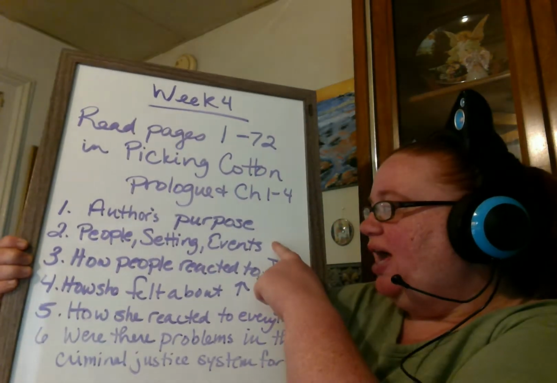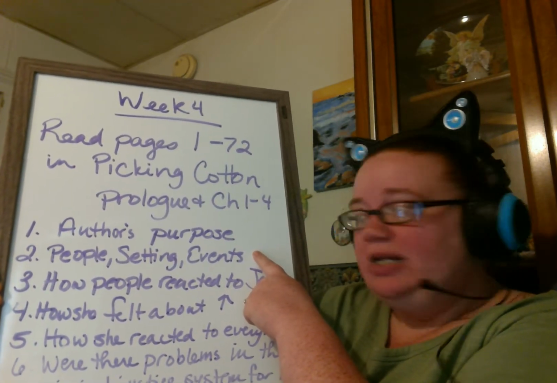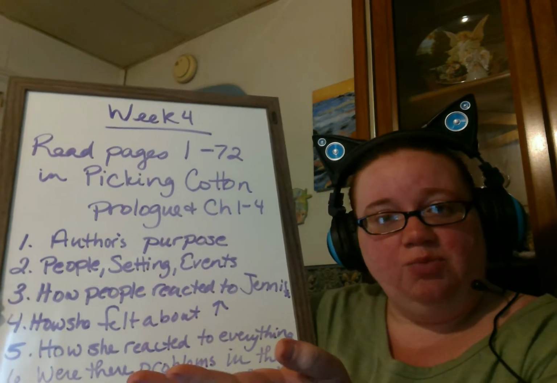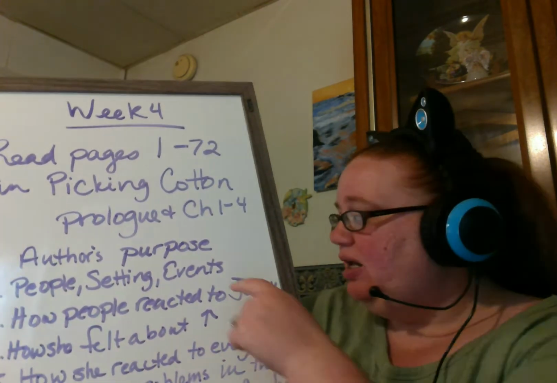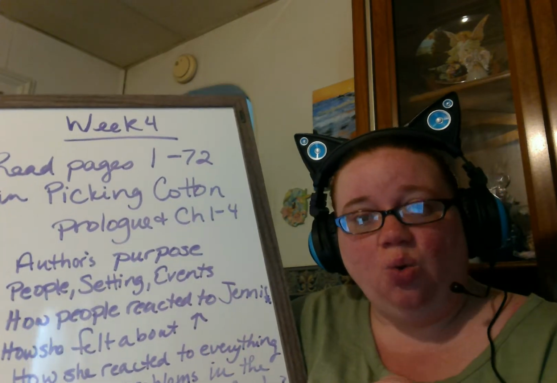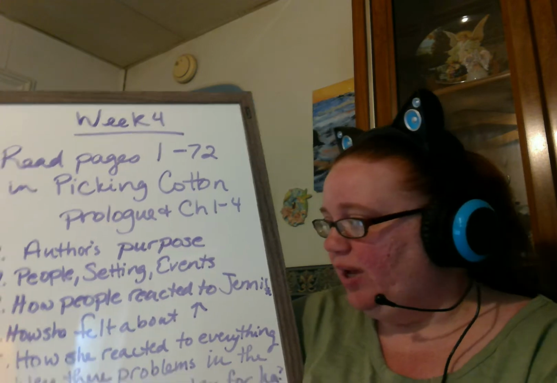Also, when we have a story, we want to look at who the people are, who the major players are in it, the setting, the time frame, what year did it happen, what state, city this happened in, and then what are the events in order, okay? Order is very important for events here, okay?